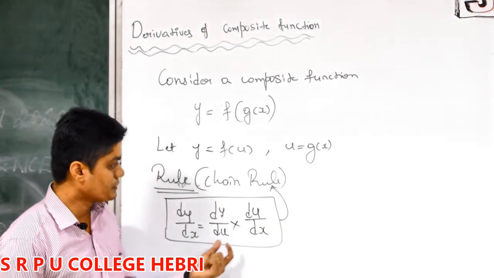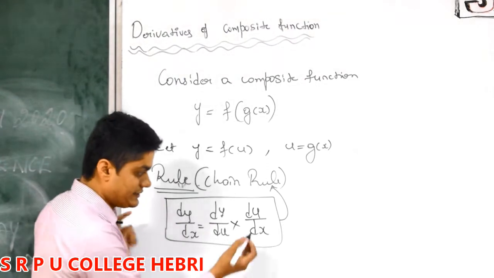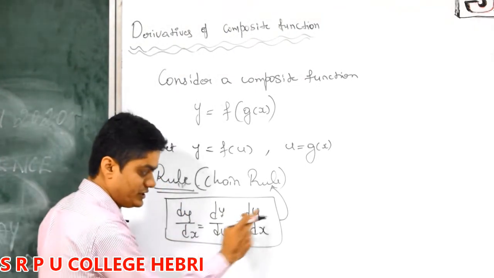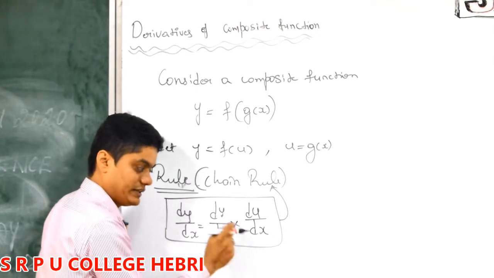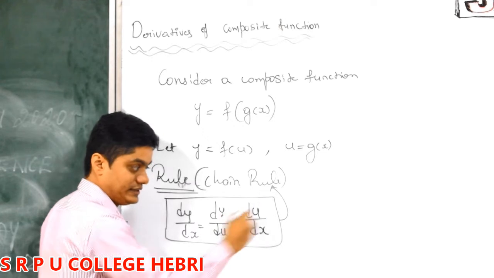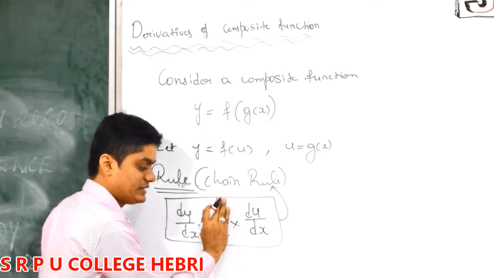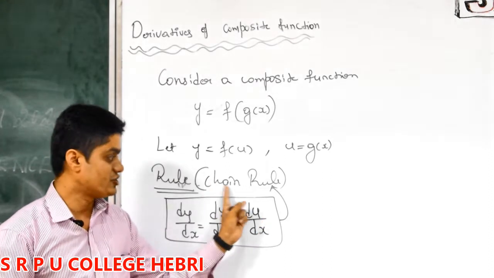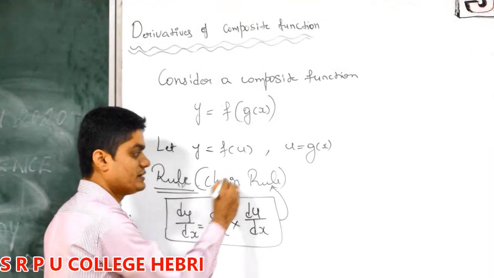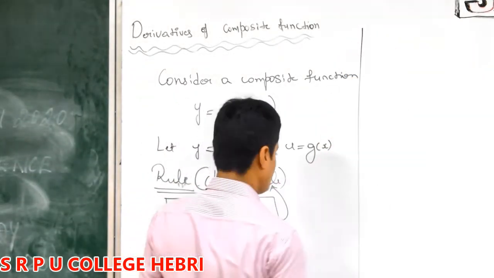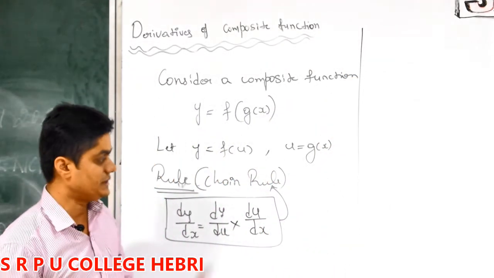You can ask why it is called chain rule. See, it's like a chain connection. It's connected like this: y is here, u is here. So these two terms are connected. It looks separate, but these two are connected. But remember, don't cancel this. It will never cancel, because this is one sentence, this is another sentence. But these two sentences are connected like a chain. So it is called the chain rule.